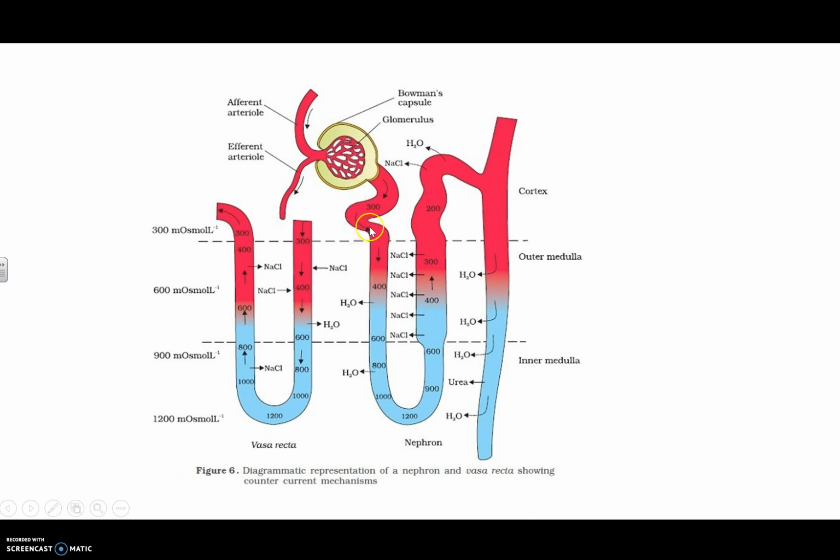But again, what we want to see here is this countercurrent exchange mechanism, where we are seeing that as the water and the salts are traveling down these tubes, they're called a nephron, and specifically this loop is called the loop of Henle, after the guy who discovered it. It's getting more and more concentrated. I don't know if you can see, it's 400, 600, 800, 1,000, which means it's getting more salty, basically,